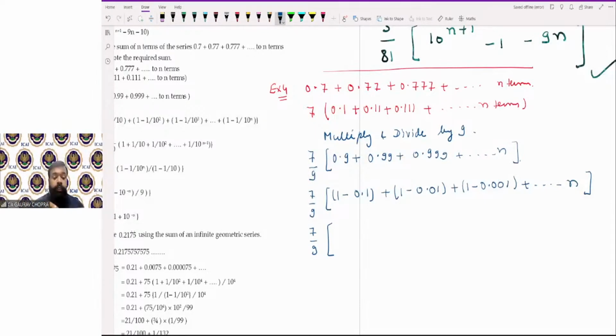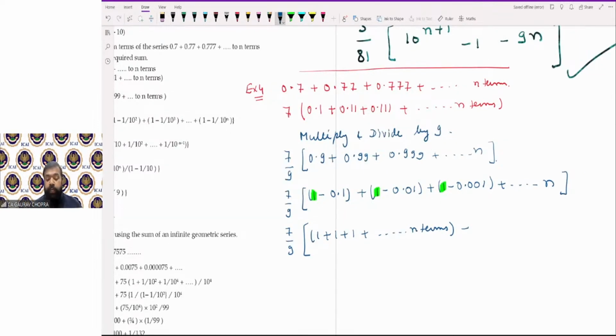Now first portion सबका आप select कर लें. First portion में क्या है, 1 1 1. तो 1 कितनी बार आ जाएगा, n number of times. 1 plus 1 plus 1. So this will come n times. Second portion में क्या लिखेंगे, 0.1 to the power of 1. Then plus, you can take minus as common. माइनस को आप कॉमन ले सकते हैं तो बाहर माइनस लगा देंगे